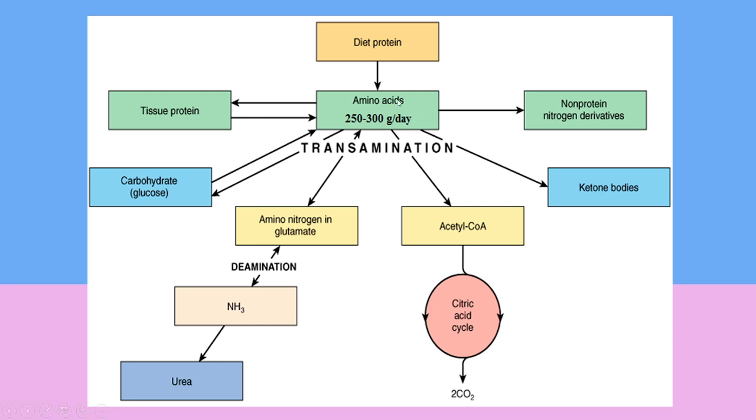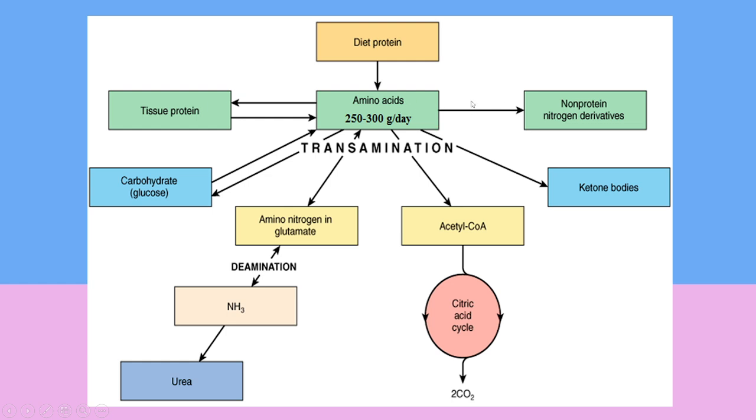And this is a colorful representation regarding the overall picture of amino acid metabolism. So proteins come from the diet. We have a pool of amino acid. This is around 250 to 300 grams per day. There is a continuous input and output from tissue proteins. So these amino acids can be used to build up tissue proteins, and tissue proteins can be broken down to yield these amino acids. The amino nitrogen, of course, as we said,